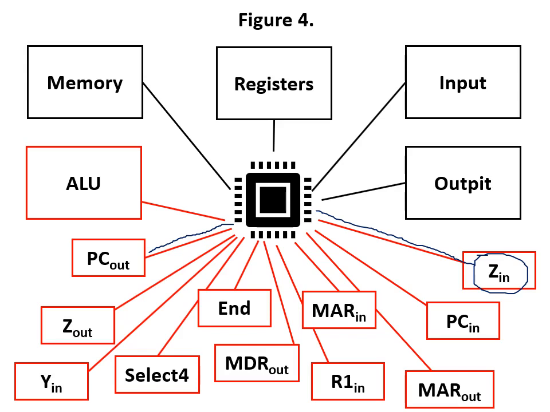So I will conclude my basic introduction of this video here. Whenever an instruction is under execution, the processor goes and checks its control sequence and finds out which particular basic steps have to be executed at which particular clock cycle. During that clock cycle, the processor sends signals to the respective circuits. Suppose Z in must be executed at the first clock cycle, and PC out must be executed at the second clock cycle.